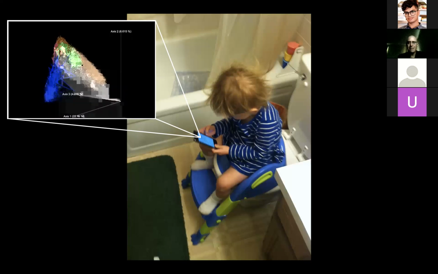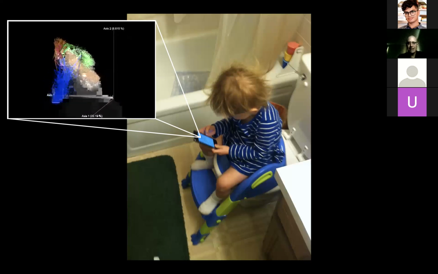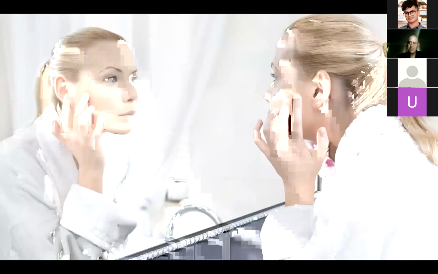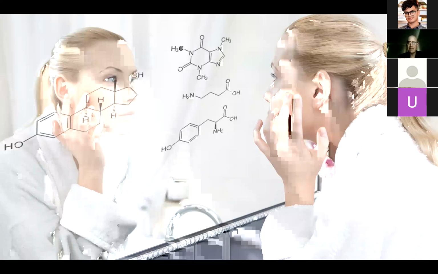We need to get the information in real time so that you can see how your microbiome is doing and how to guide it. And so our vision with this is to get the stuff out of the research lab and into a consumer setting. So you could imagine that as you examine yourself in that mirror in the morning, maybe as you breathe on the mirror, your breath is whisked away into some kind of instant chemical analysis by mass spec or NMR or Raman spectroscopy or something, and you get a near real-time chemical readout.